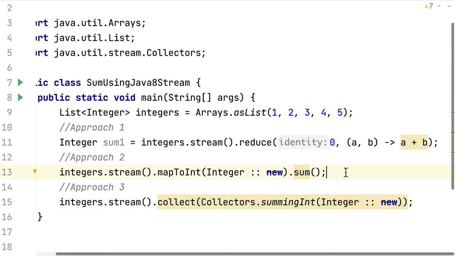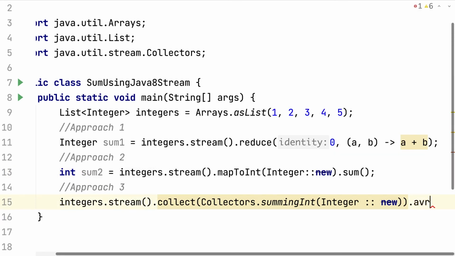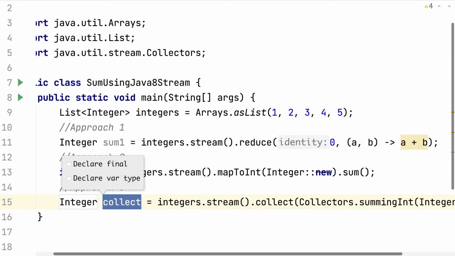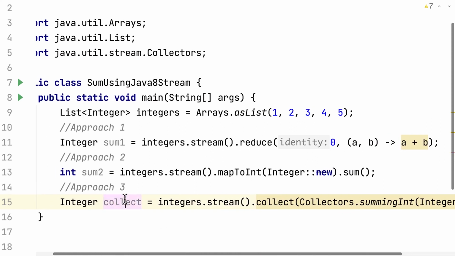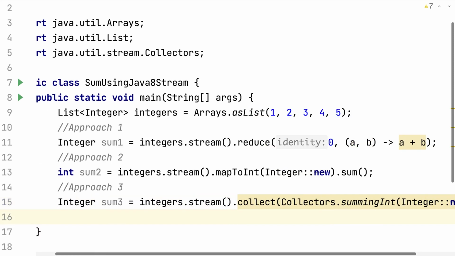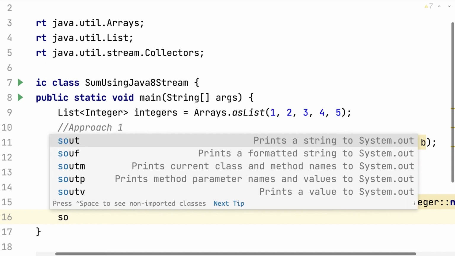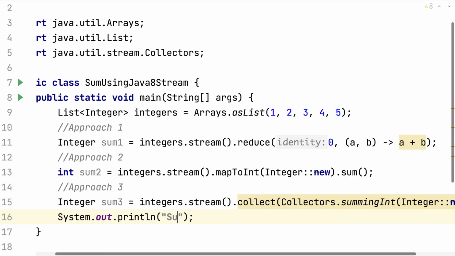Let's create a variable for that. So dot var. It is going to be sum2 here, and again dot var. I can create a variable here, and it is going to be sum3. Okay, so now we tried 3 different ways, and all of them perform the same operation. If you print out the data, everything gives the same data, which means all of them are performing correctly. So sys out, and this is going to be sum1.